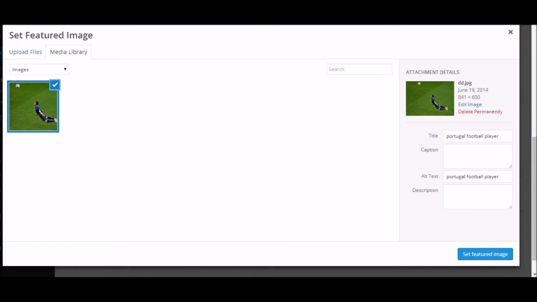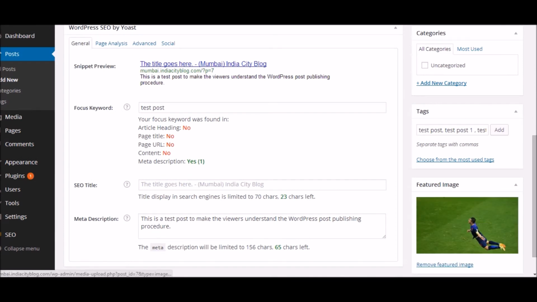Click on this image, or if you want some other image to be shown up on the home page, you can upload the file and do the same procedure which I told you for the post image. And again, I'm telling you, do not ever forget to give the alternate text, because this is the main thing which tells the search engine what the image is about. If you're having a blog and if you want your images to rank on the search engines, and if you want to get some more traffic, this is a very handy thing. So once you're done with the formalities, all you need to do is set featured image, and you can see the image came here as a featured image.